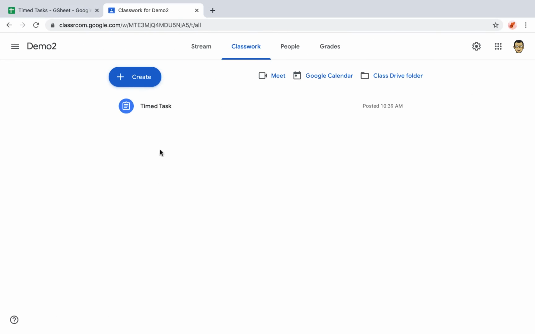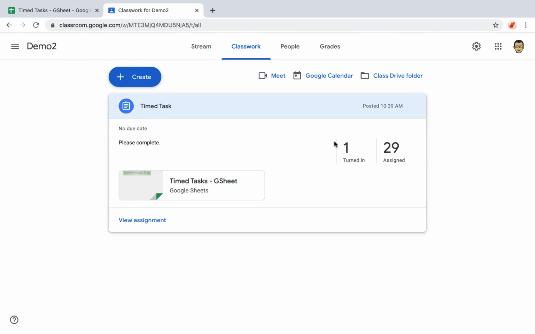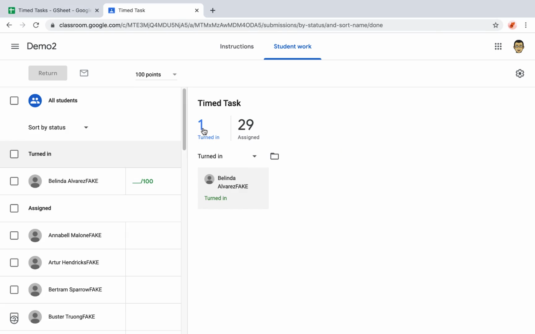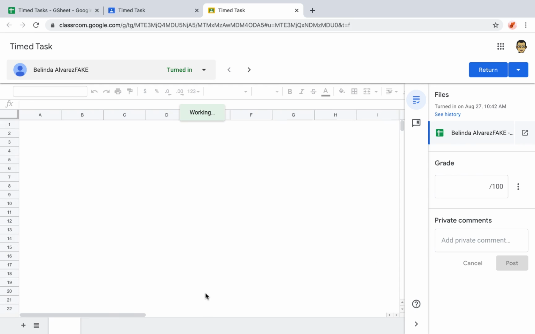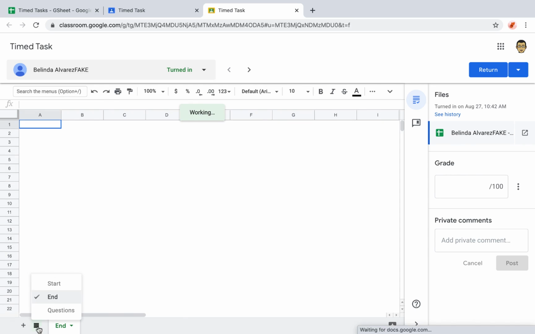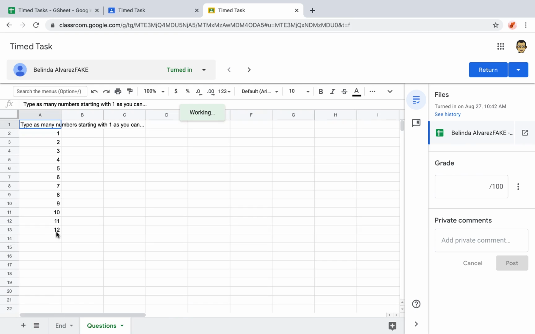I'm going to go back to being a teacher. Time task. Oh, we have one done. Open that up. And then as a teacher, I can actually enter the marks in the comments. I just got to go into here and go to my questions. And remember how I didn't hit enter on 12? It was just sitting there and I was just typing in it. It's actually accepted that number. So that's really nice if they get caught. If you're doing some kind of English and they get caught halfway through a sentence, it will save that bit of the sentence that they have typed in